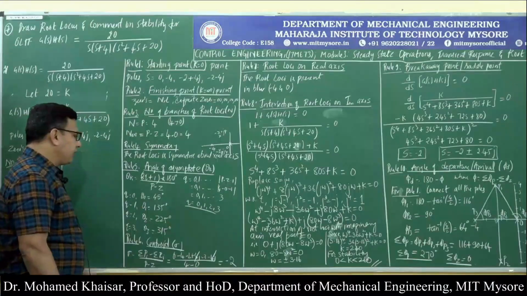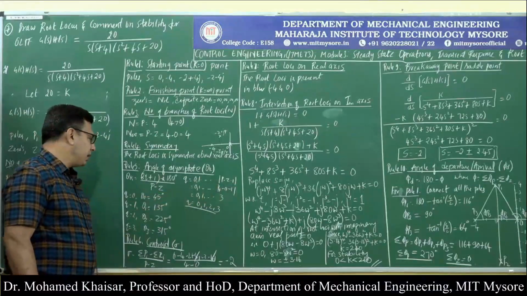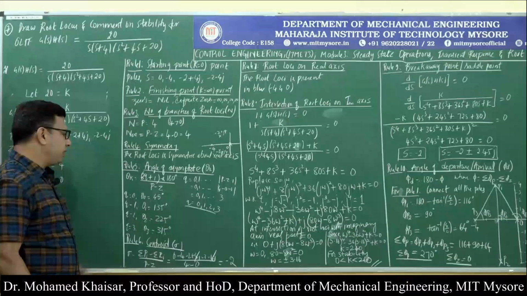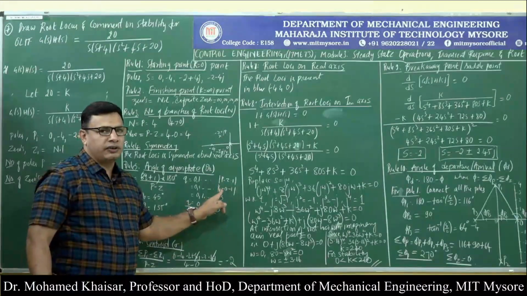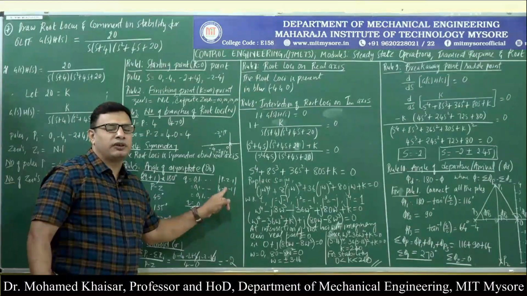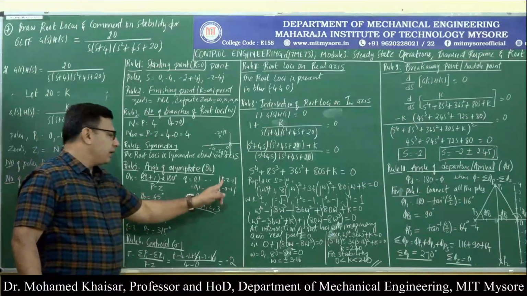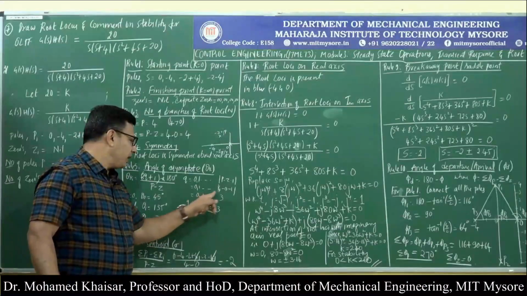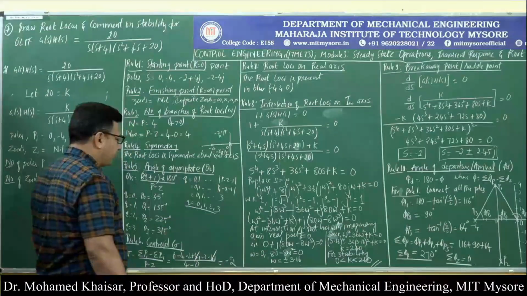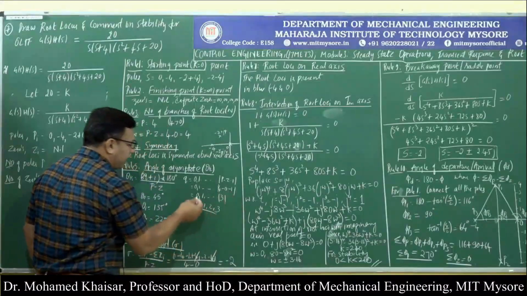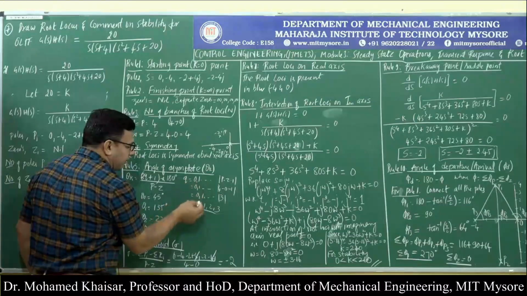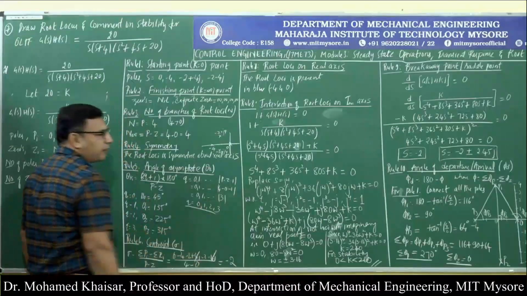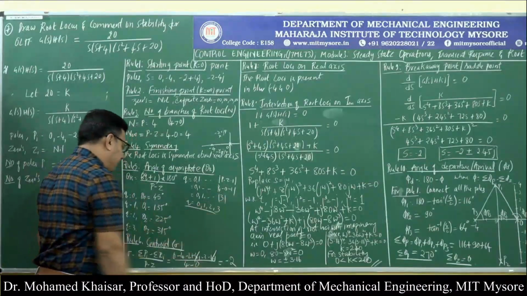Then the asymptotic straight lines: the angle of asymptotes is given by theta k, which is (2q plus 1) into 180 degrees divided by P minus Z, where q is equal to 0, 1, 2, 3, etc., up to the modulus of P minus Z minus 1. So what we get, number of poles is 4, number of zeros is nil. So we get 0, 1, 2, etc., up to 4 minus 0 minus 1. That means you need to start the value of q with 0, then 1, then 2, etc., up to whatever is present in this modulus. So we will get up to 3.